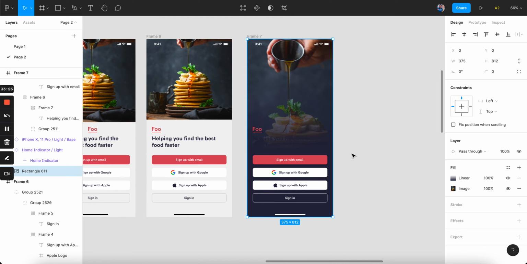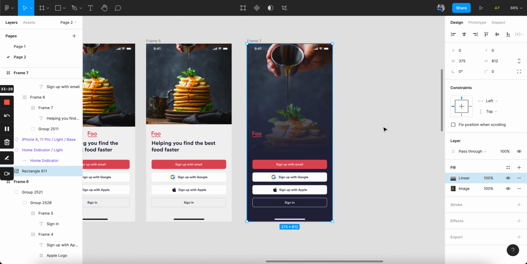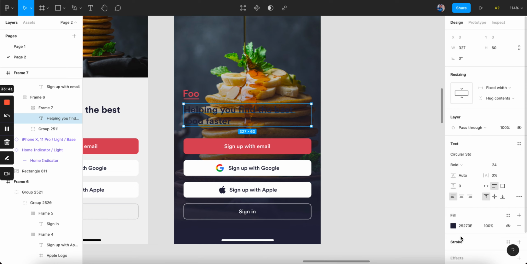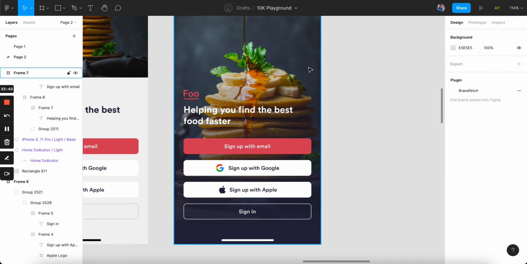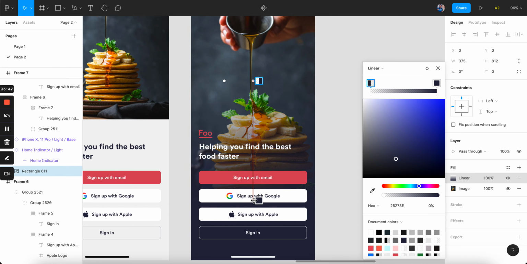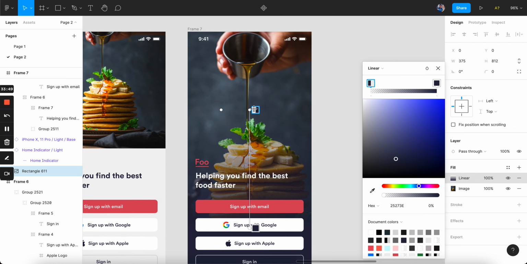Got it, right? So we could sort of bring this down here, all right, and maybe move this a little bit up, and we could make this text white, right? If we feel that it's not good enough, we could move this a little bit further. All right,